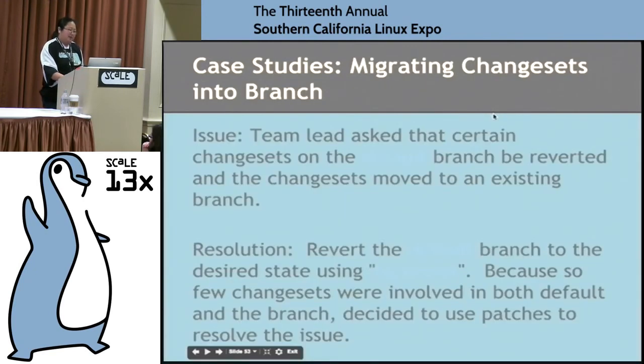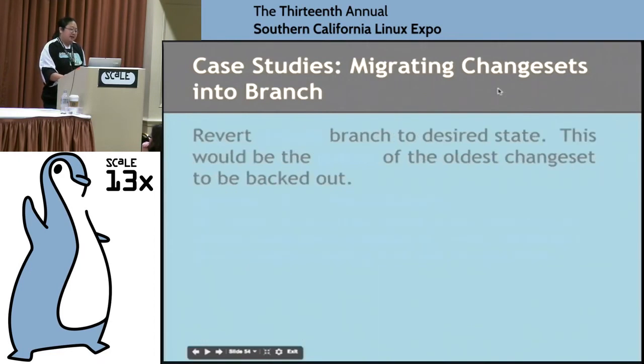Some things that they ask me to do a lot is, when they're doing development, they often make a lot of changes to a branch, and somebody will say, can you cherry pick some of them? We only want this change but not that change. And so I had to figure out different ways to tell them how to do it so that they could follow the instructions and not get into trouble.